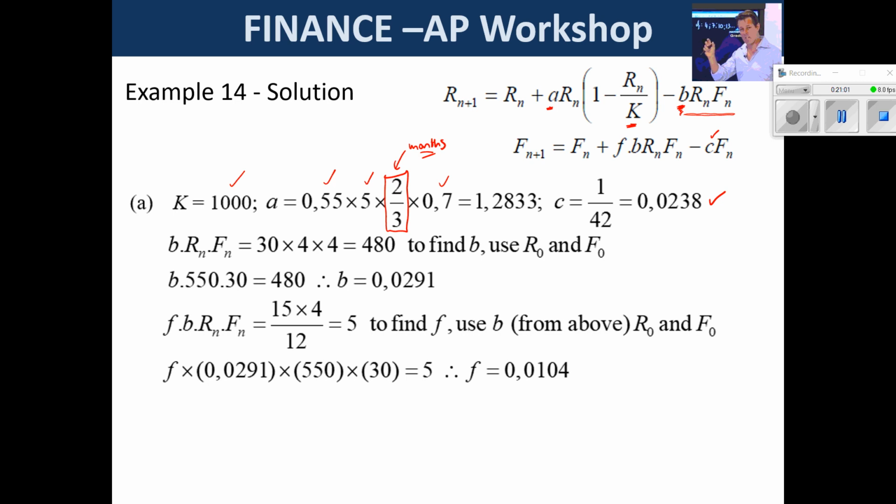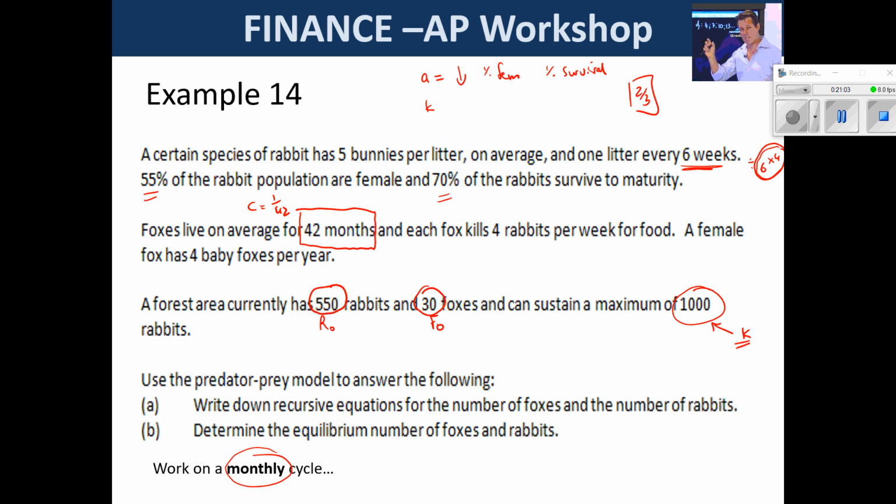So I'm just going to go back and read carefully. So each fox will kill 4 rabbits per week. So then I say to myself, if I'm dealing with months, there are going to be 4 rabbits per week. That is how many are killed per month. But remember, each fox, and there are 30 foxes. So now when I multiply this over here, this is the number of deaths that I would get in the